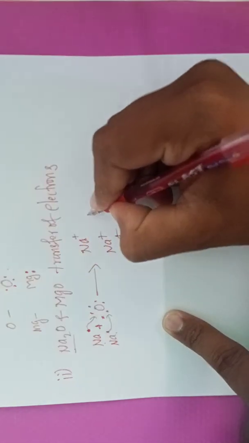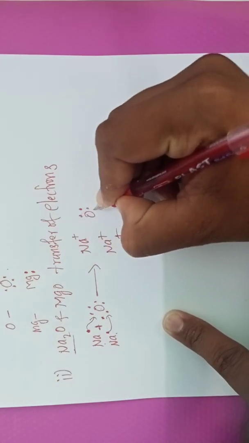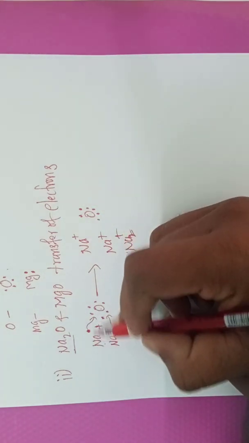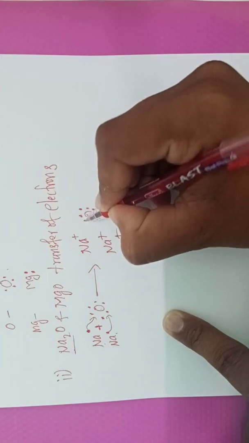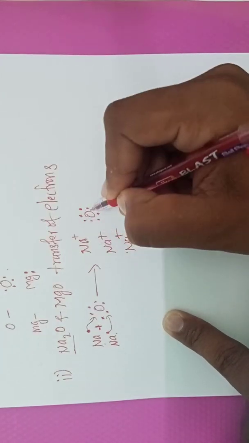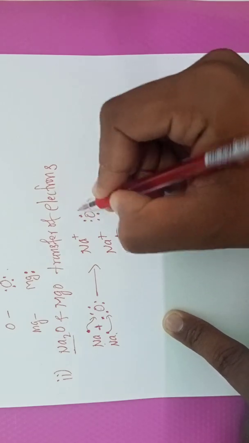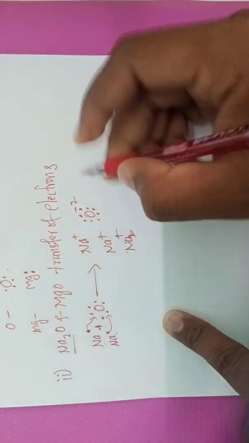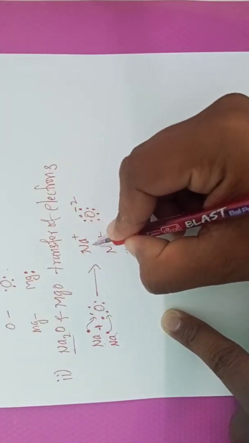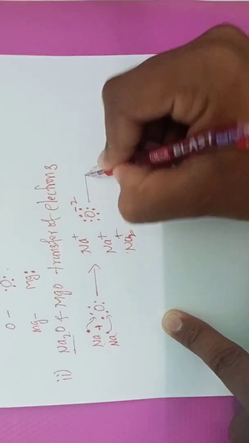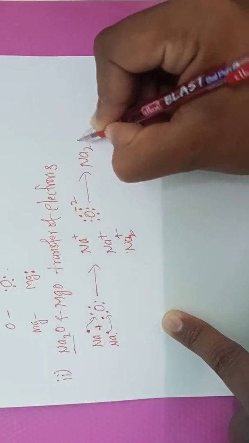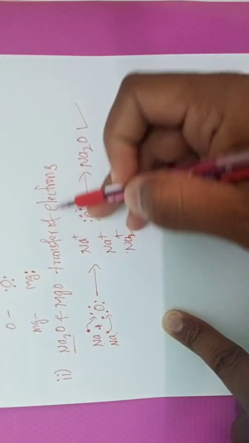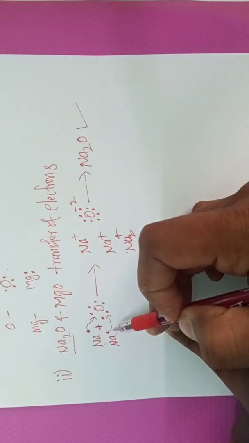So Na and oxygen. Already in the oxygen we have 6 electrons. After receiving 2 electrons from sodium, the valence electrons of oxygen total 8 electrons. For these extra 2 electrons I am going to represent it like this, -2. Okay, so this is the symbol of Na and O minus. So this leads to Na2O. This is the way to represent the transfer of electrons in Na2O, or the formation of Na2O.